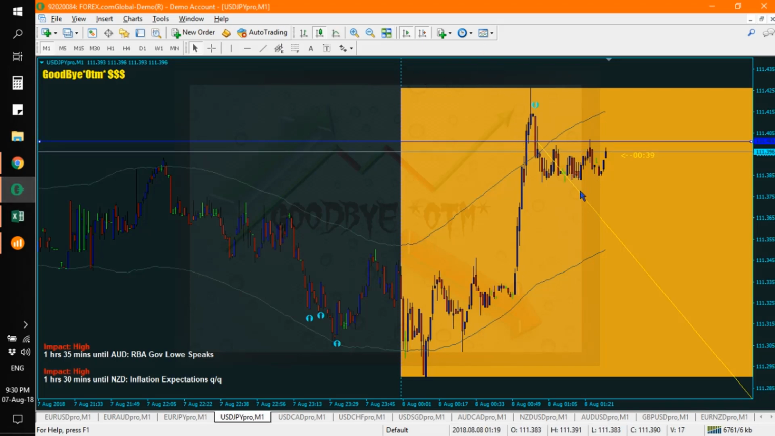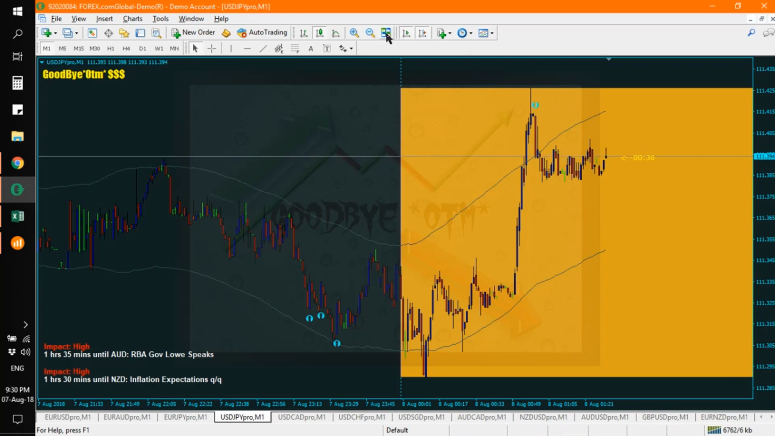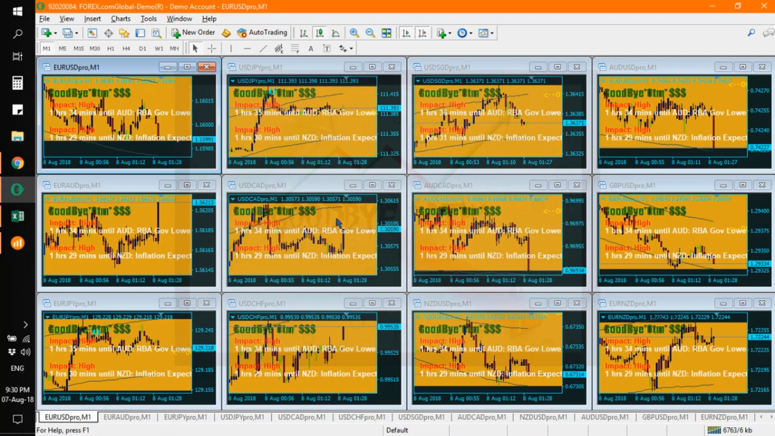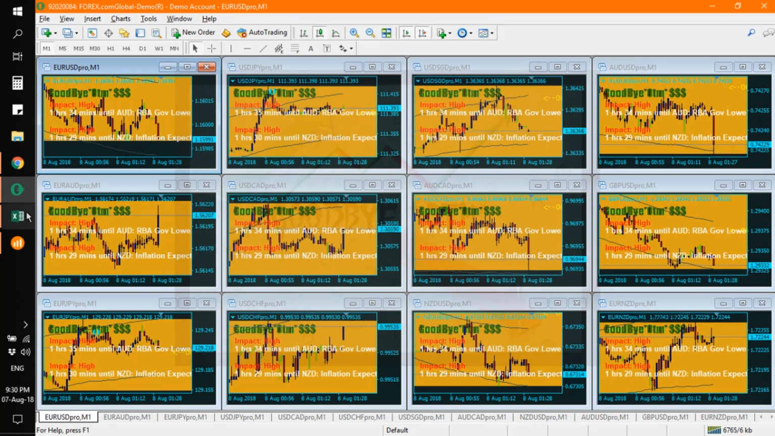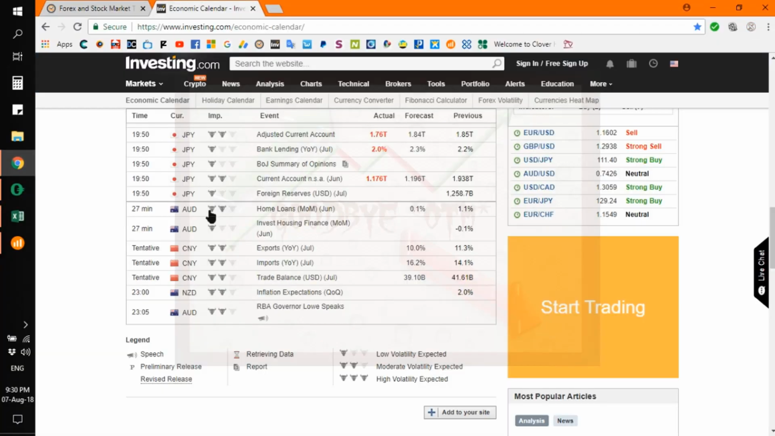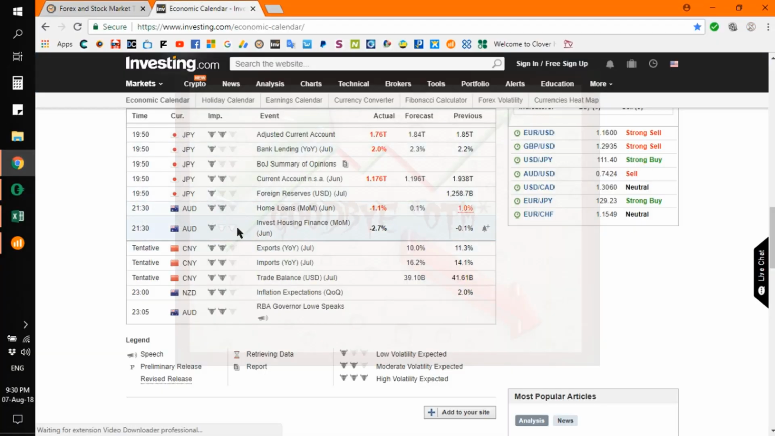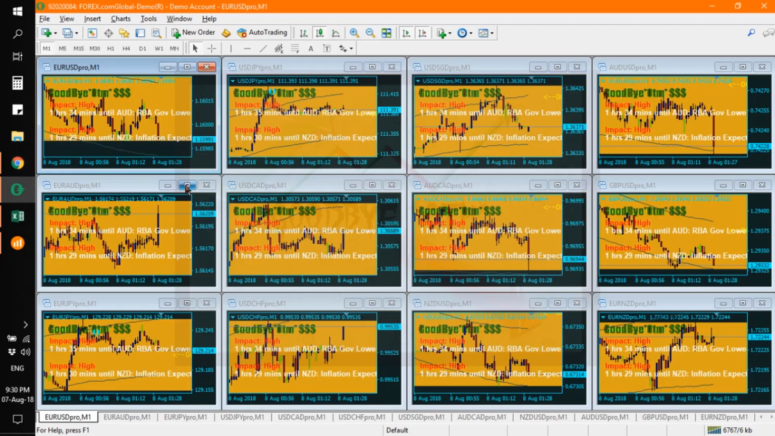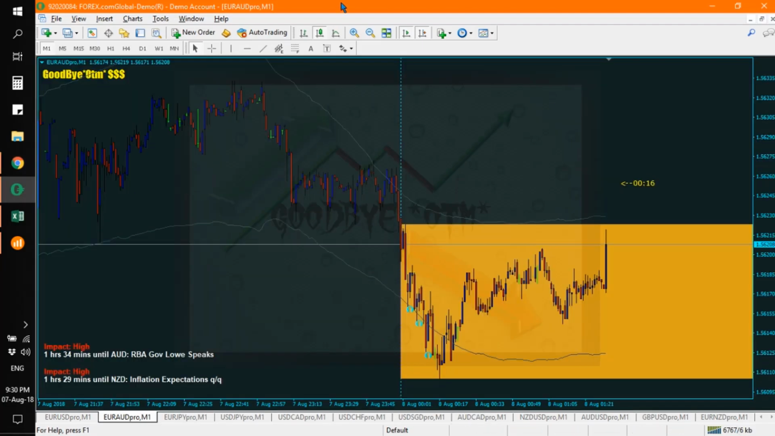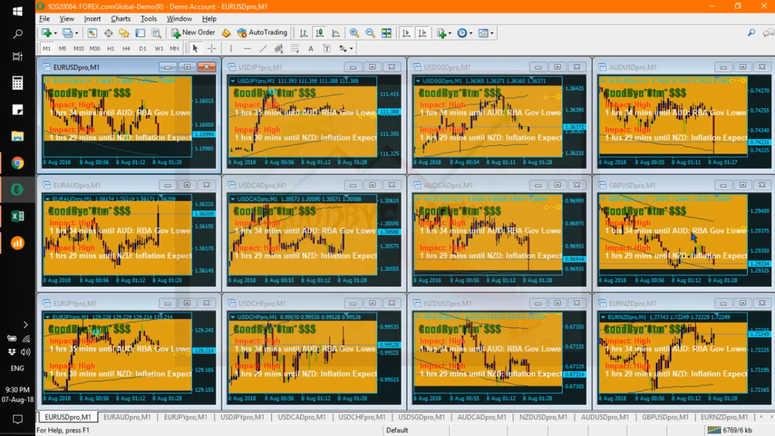Let me just delete this for the next few minutes. There you go. Remember that right now we are in the middle of this Australian news. That's what we're looking at here, and also Australian USD. So basically all Australian pairs will feel this high volatility impact due to this news